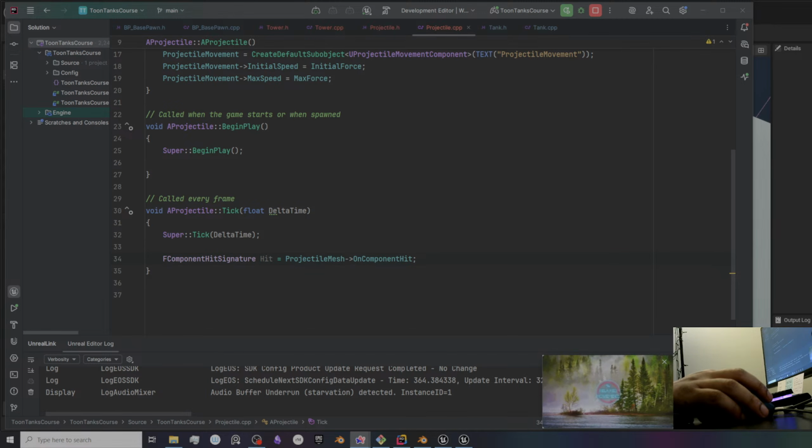So we bind a function to this delegate, the callback function, which is the address of some function on our class. So once we access